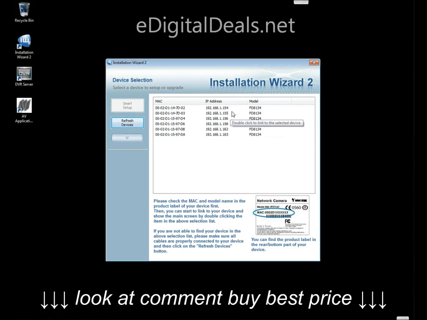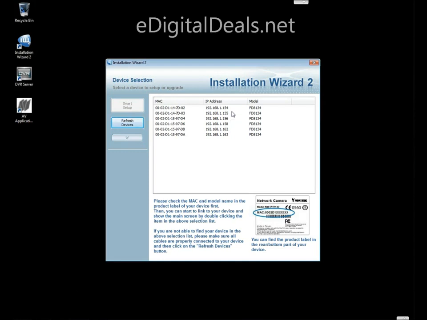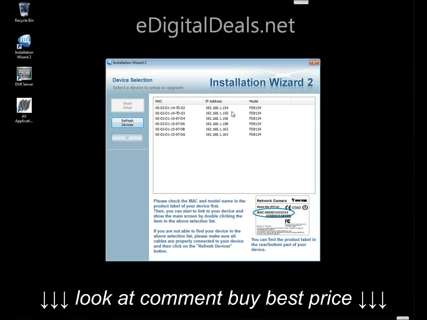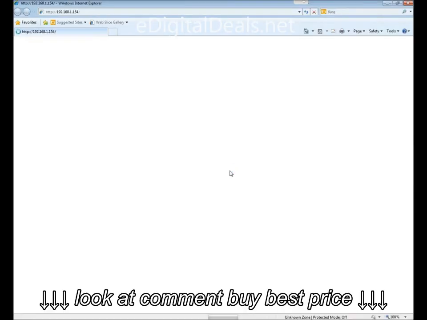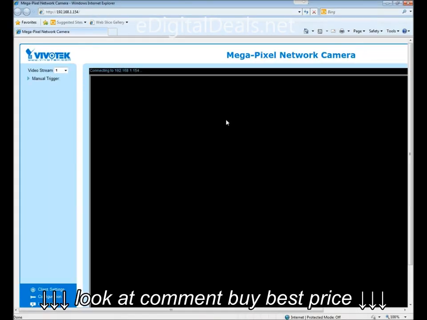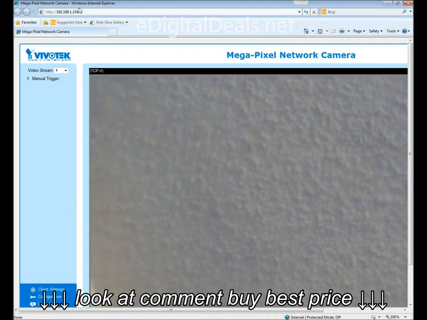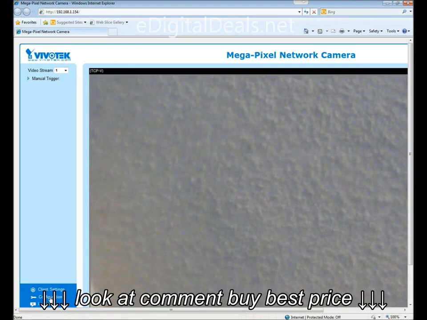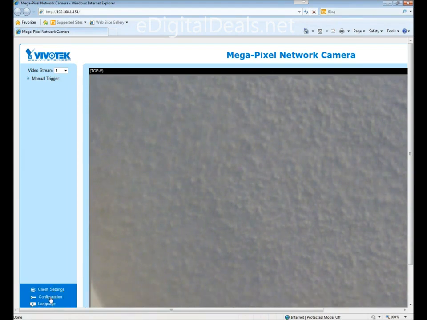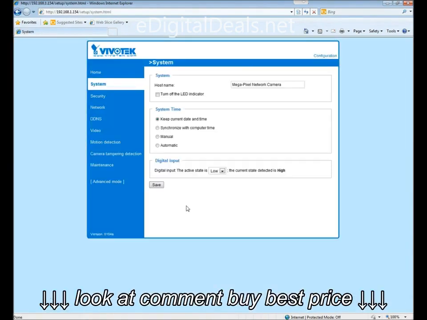For the purpose of installing your camera in a permanent location, I would really recommend that you change the IP address to a manually configured IP address. So in order to do that, you would double click on one of the cameras, and it'll open in an Internet Explorer browser window where you can configure the camera's options. Click on configuration and click on network,